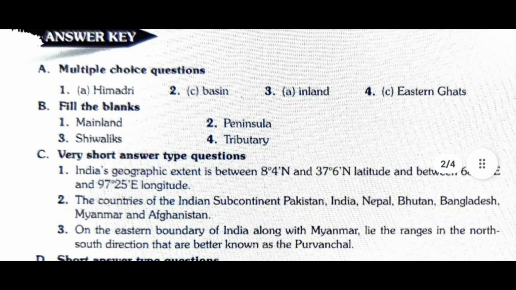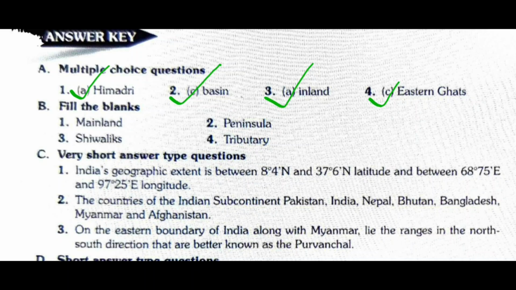First is your multiple choice question. This range of Himalayas is called the Greater Himalayas. It is the Himadri. The area drained by a river and its tributary is called a basin. The Thar Desert is an area of inland drainage. Next, question number 4, the oldest landform of India is option C,